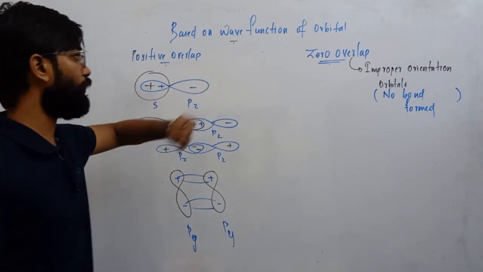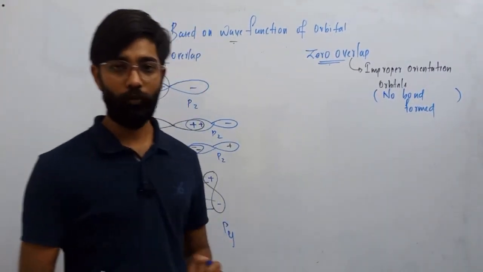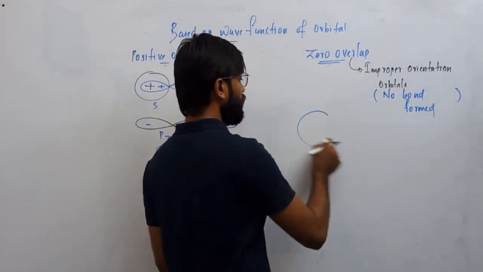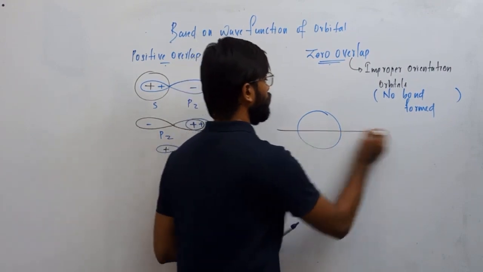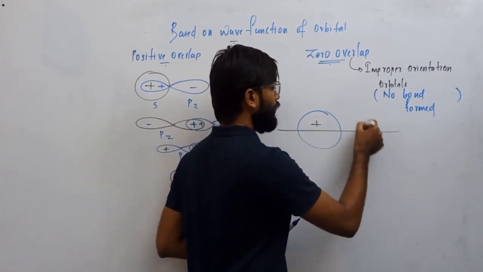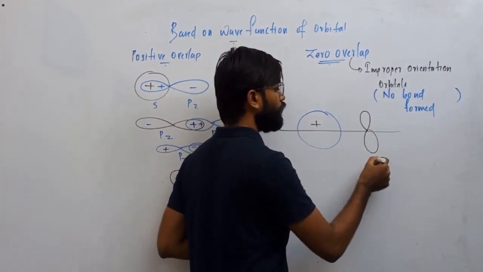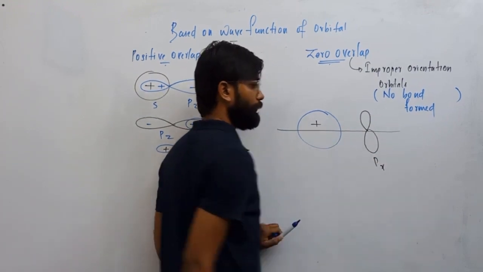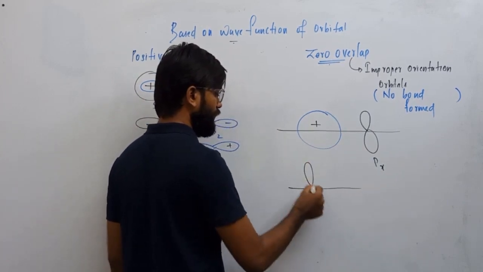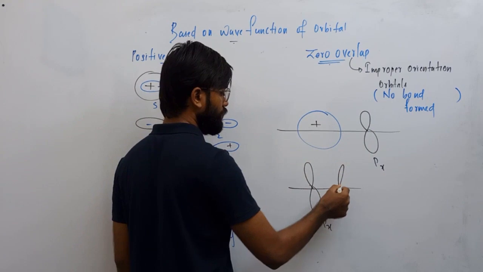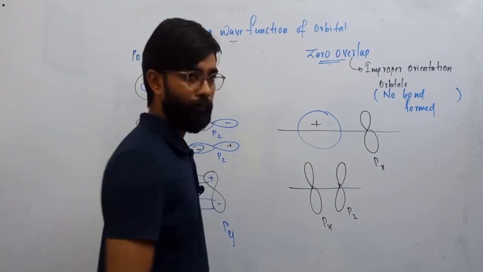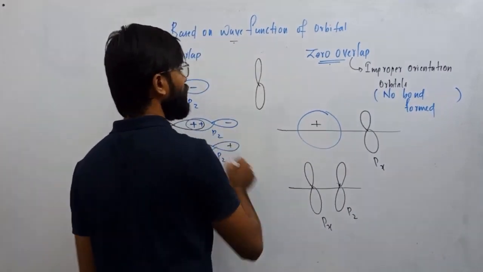But if positive or negative overlap, whatever be the category, there forms a bond, either sigma bond or pi bond. Okay. What about the category of zero overlap? If I have an s orbital like this and a px orbital like this, they never get overlapped because there is no proper orientation. If I have a px orbital like this and pz orbital like this, they also won't overlap